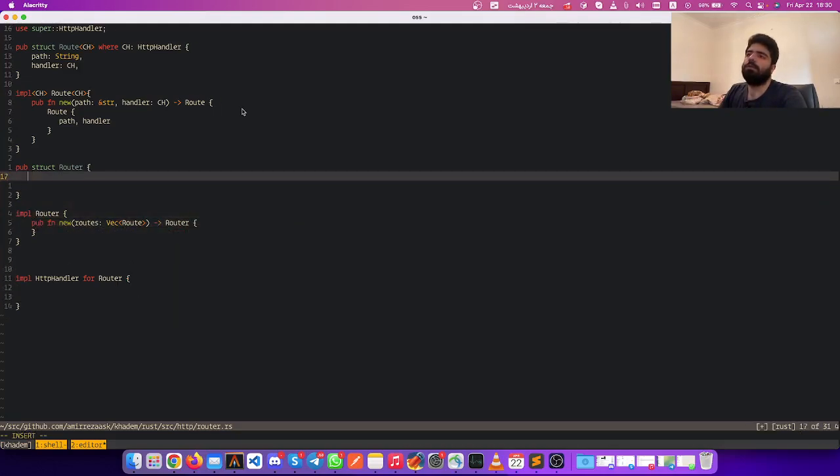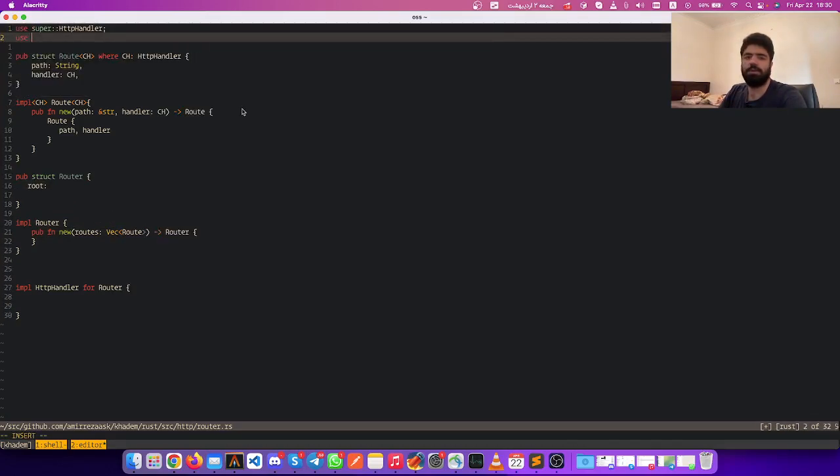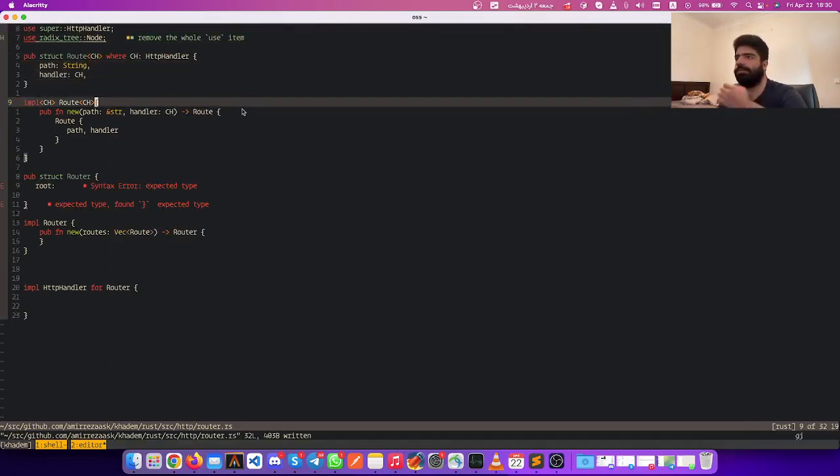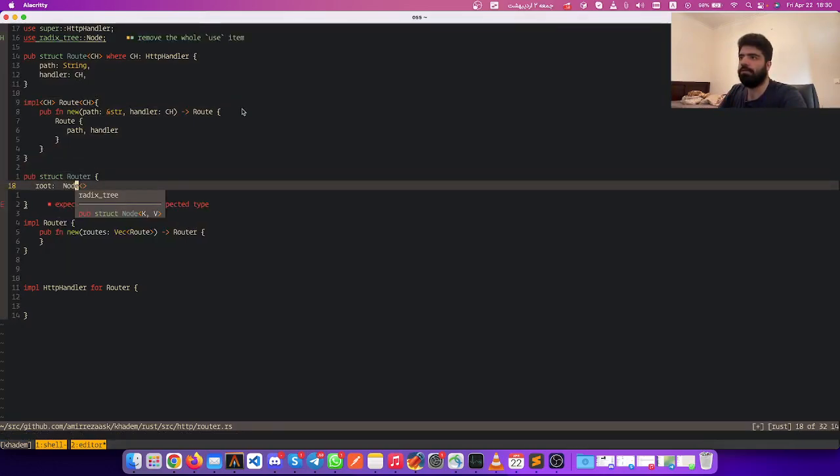What should I do? I want to have a root. So I'm going to use the library, RadixTrie Node. So I want the root to be a Node of key and value. My key is going to be a String, and the value is going to be